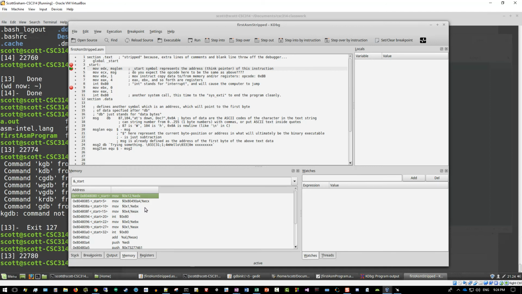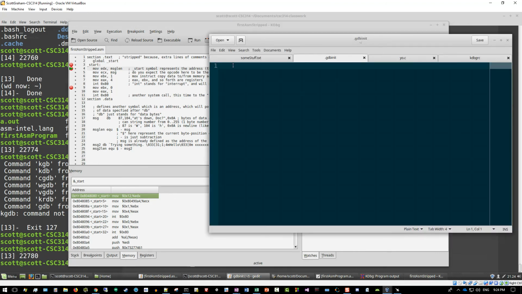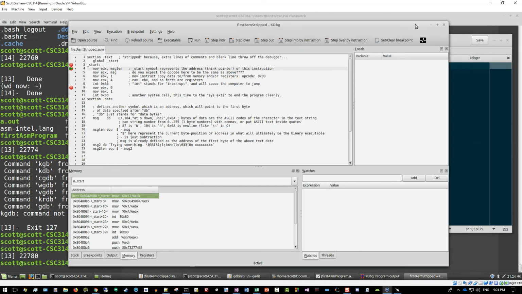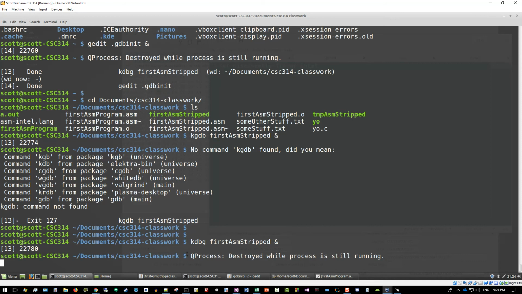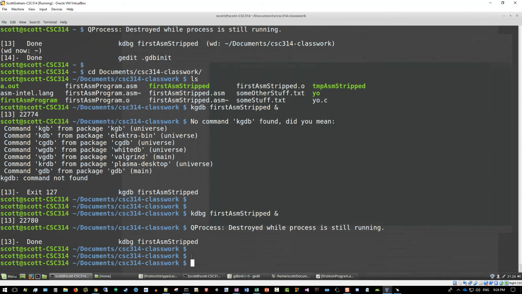But to be consistent, we're going to work with the Intel flavor syntax for everything. So if you set disassembly flavor Intel in your gdb init file and save that, then come back over here. Let's exit again and come back in. So with that saved, I'm just going to do an